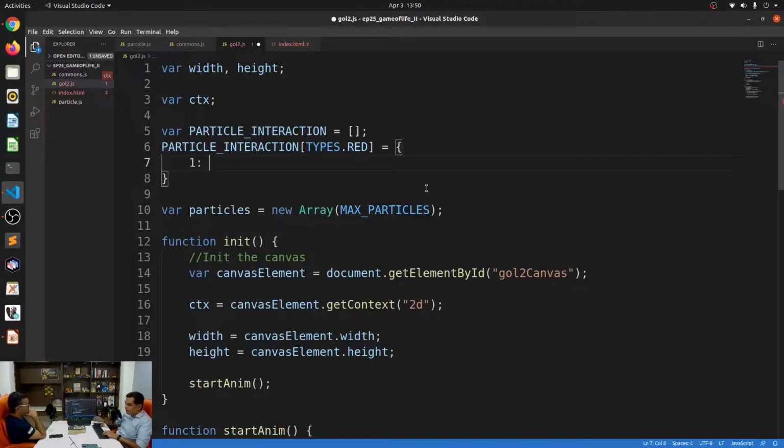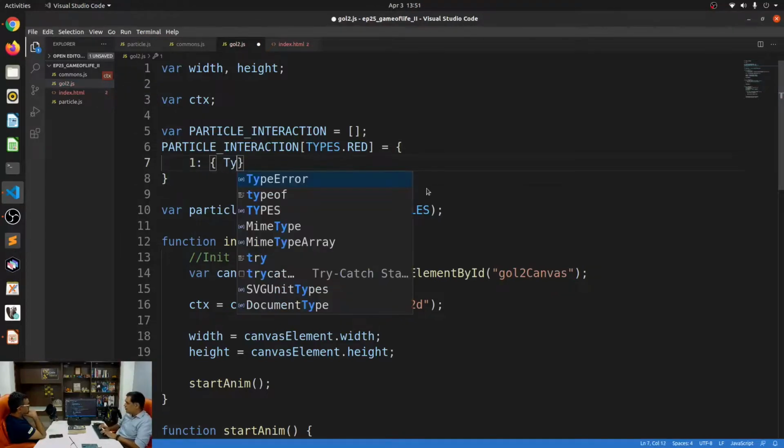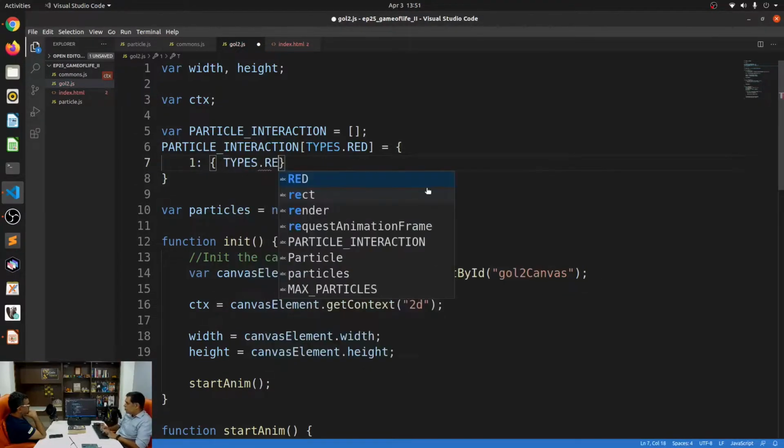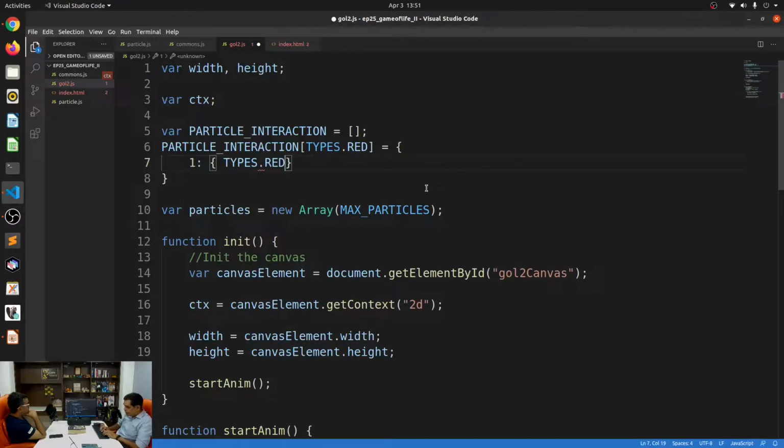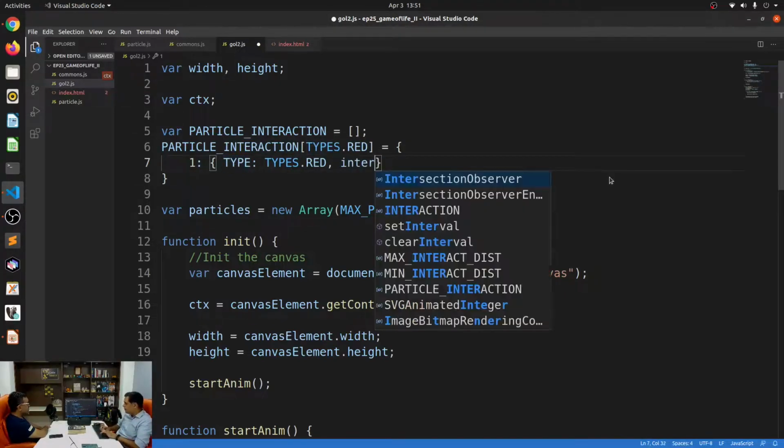How does it interact with itself? It interacts with red by, so I can say type is types.red. Just ignore this 1 over here, because we need it to define an associative array. But over here, we define how it interacts with red.